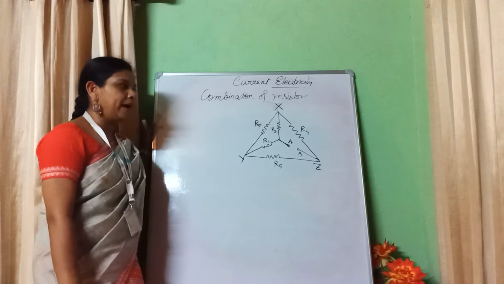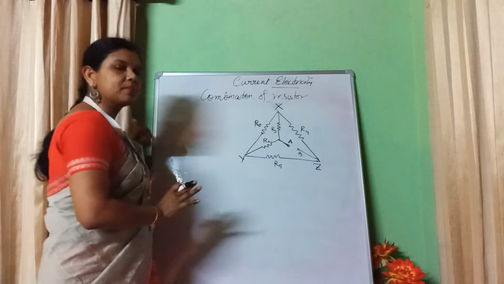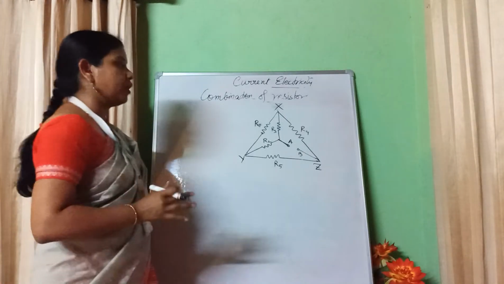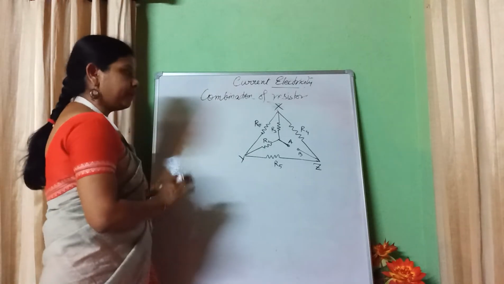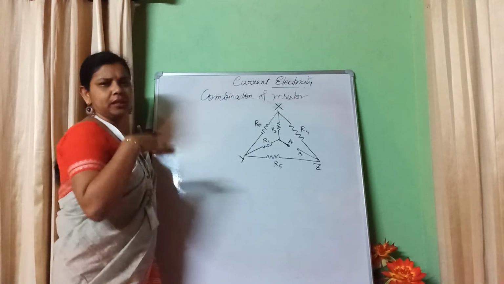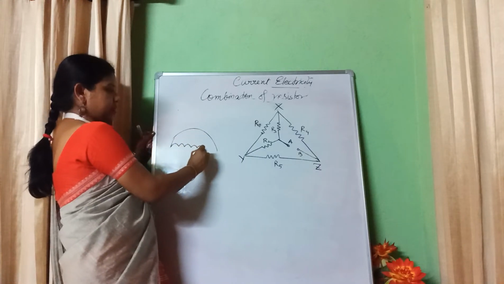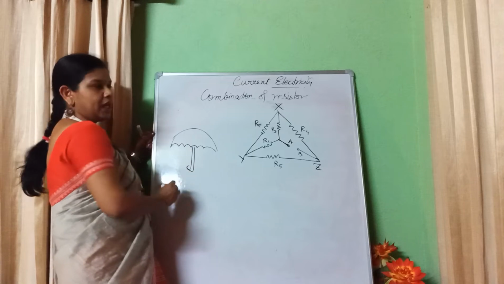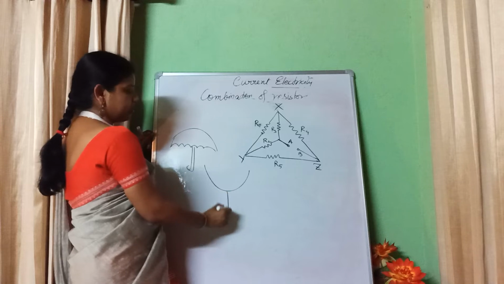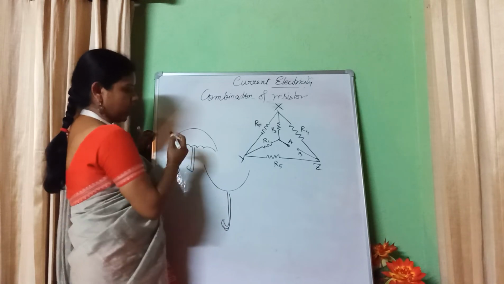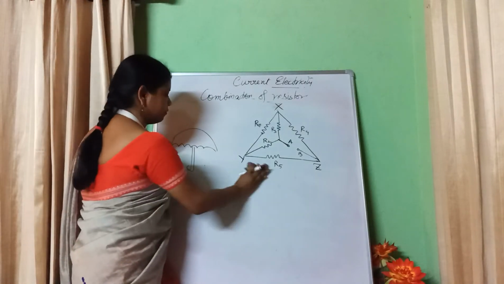How to find which are in series, which are in parallel? If such a question comes, it is sometimes difficult for us to solve, but it is not so difficult, it is very easy. Have you seen an umbrella when there is wind? When you open the umbrella it is like this, but if the wind is blowing from this side, the umbrella will become like this and I have my handle in this way. Same thing, reverse. So we will draw it in reverse.